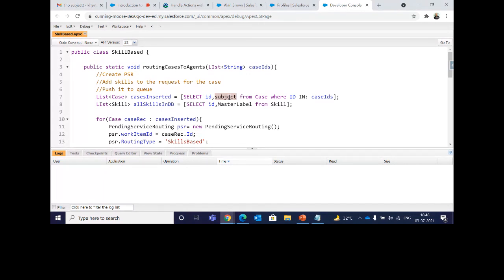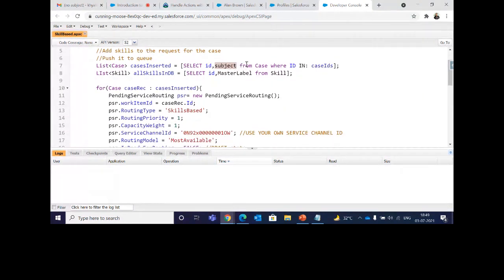So it will route in that form. I've also created a list of the skill. It will fetch the ID and the master label from the skill and match accordingly.